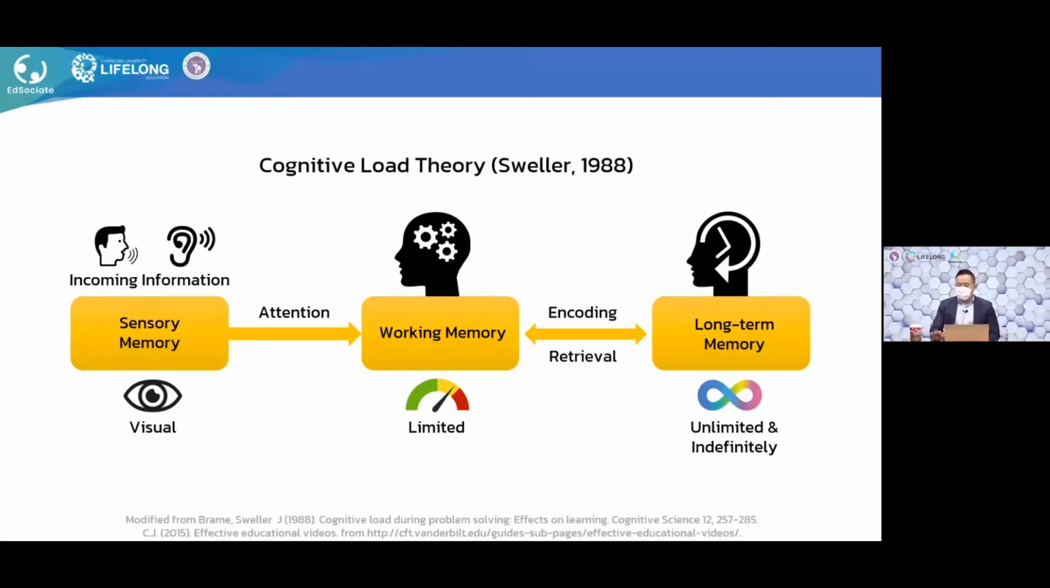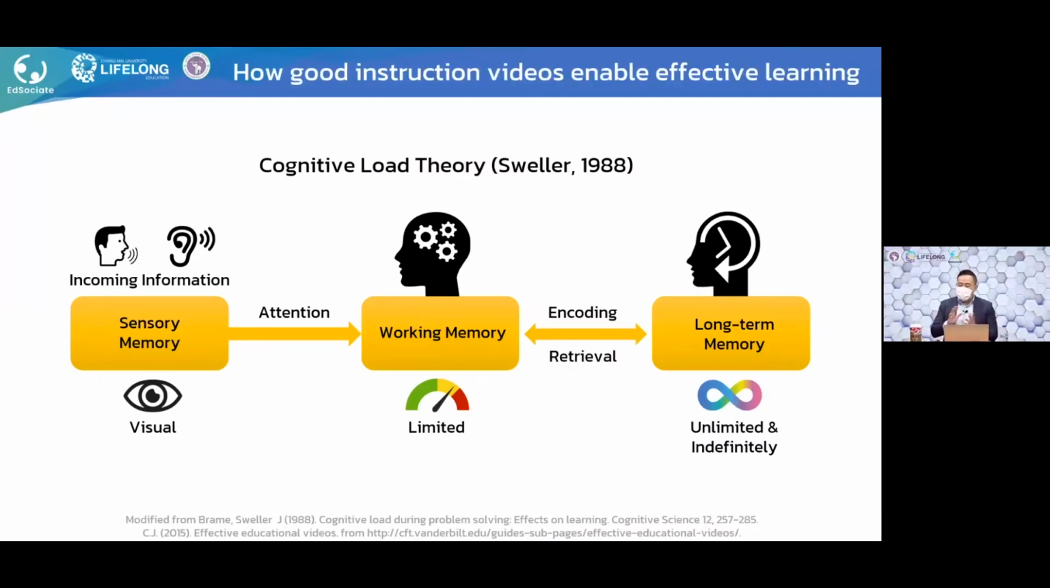So we're going to be focused on that. But first of all, how good instruction videos enable effective learning. There is a cognitive load theory by Sweller saying that our brain is quite limited. Especially like a working memory, right? Yes, exactly. So the working memory, we have a working memory that we assimilate all of this incoming information,